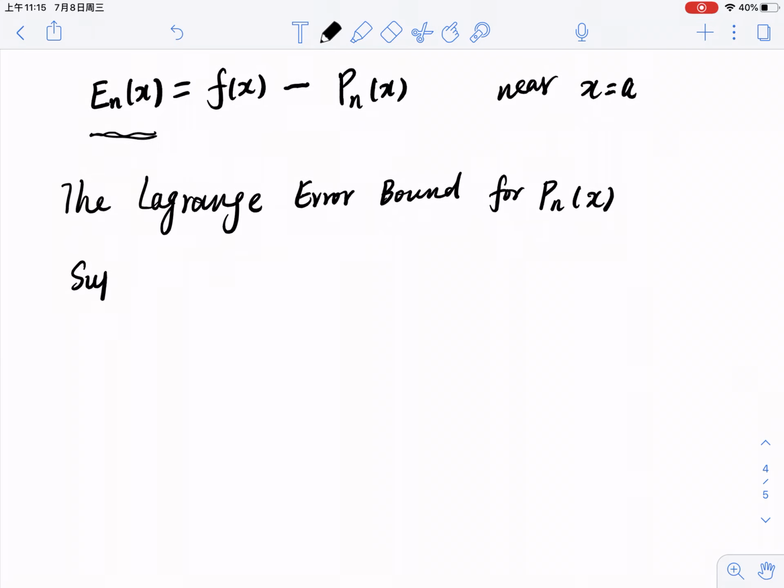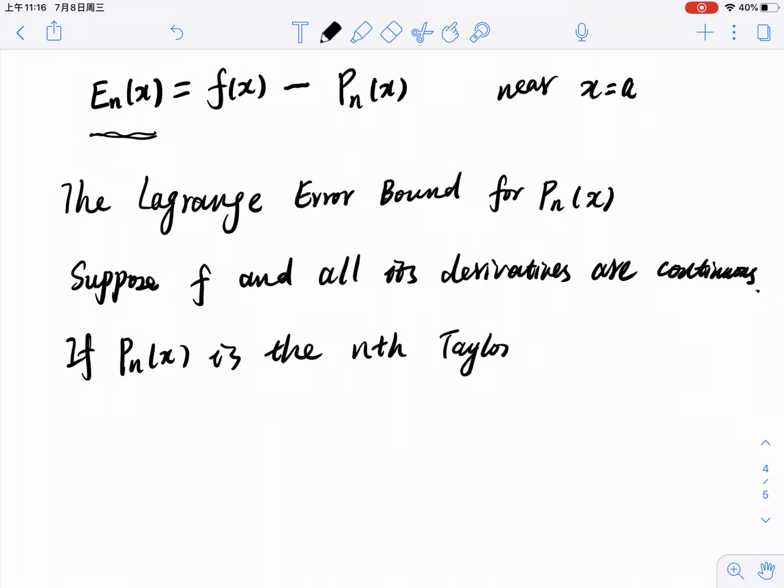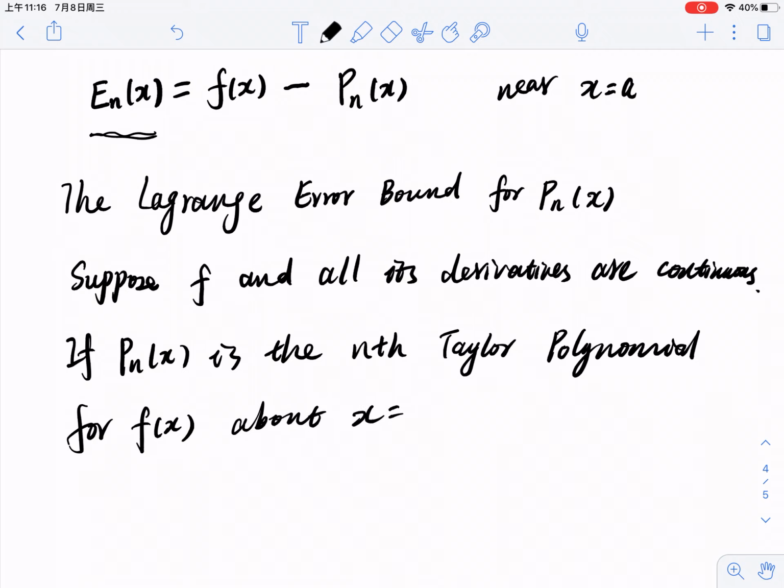So it says that suppose f and all its derivatives are continuous. If P_n(x) is the nth Taylor polynomial for f(x) about x = a, then